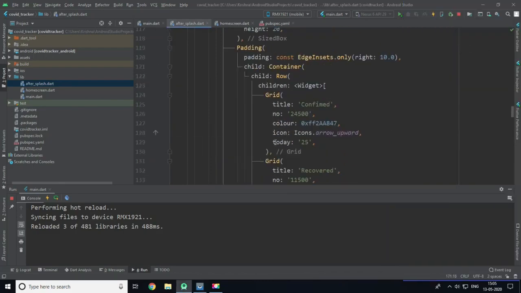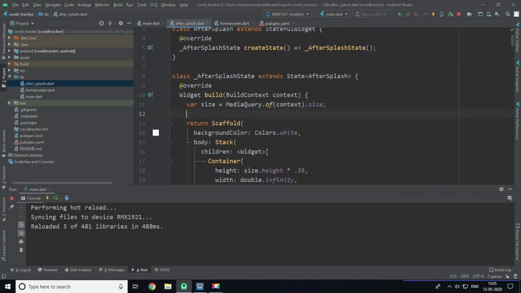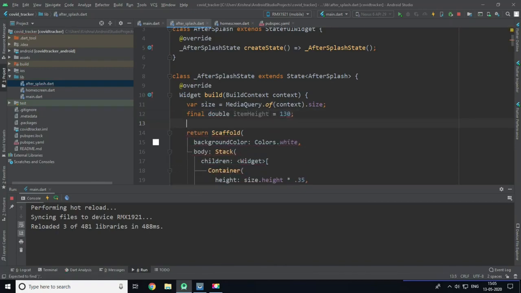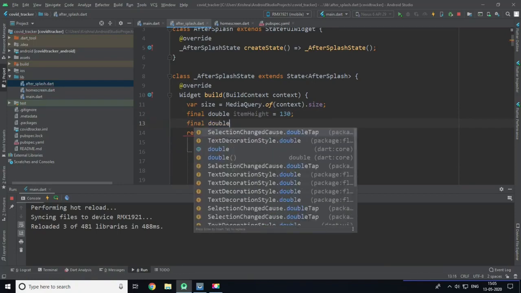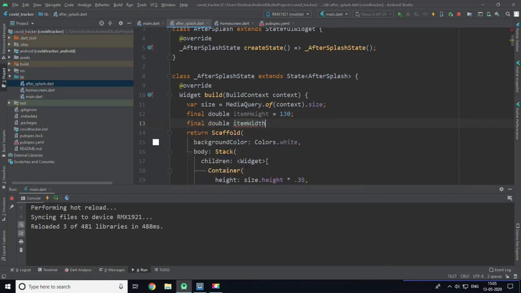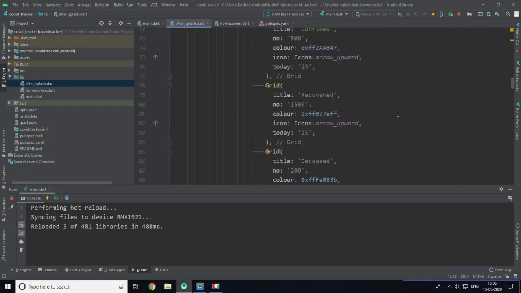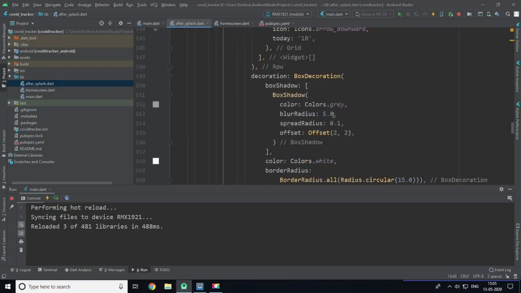Now what I do, I will create 2 variables just right under here, which is final double item height, which is 130, and another final double variable which is item width, which is size dot width divided by 2. Now we will use this height and width when we create a grid view count.